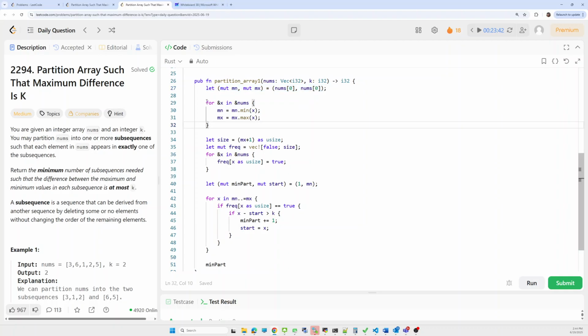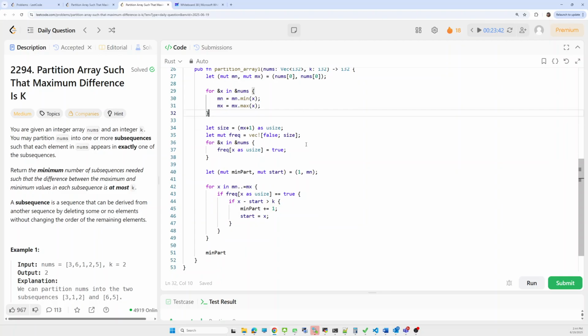Now iterate over the nums array and maintain the minimum and maximum element. Now we have to create a fixed size array of max plus one size, and the initial value will be false for all elements.